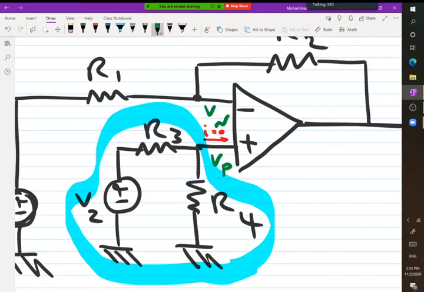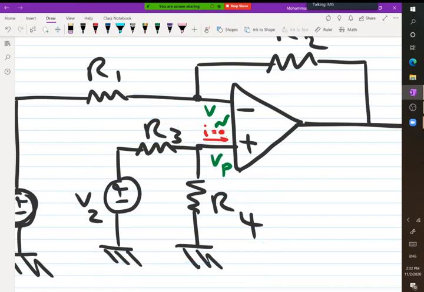If there was a current entering to the op amp, definitely we couldn't find Vp. But we know that the current is equal to zero, so we can assume that here is open circuit. It's not actually open circuit because there is no current, but we can assume that it's open circuit, and now we can say,